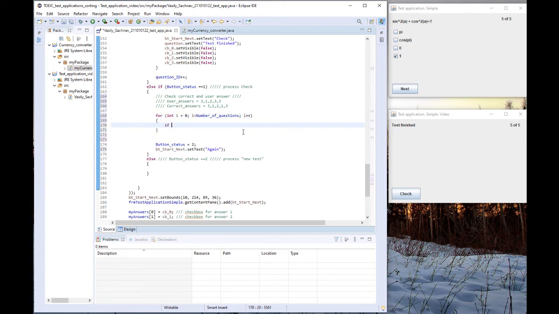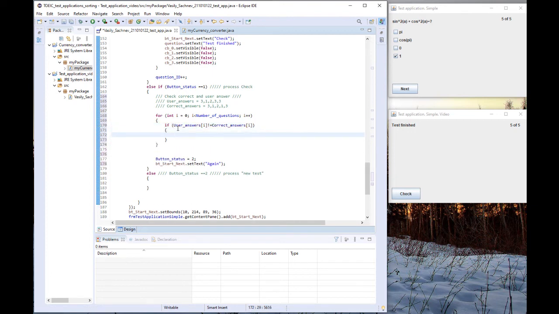Okay, so here if my user answer in the position i is not equal to the correct answer in the position i, so it is what? So here, like display